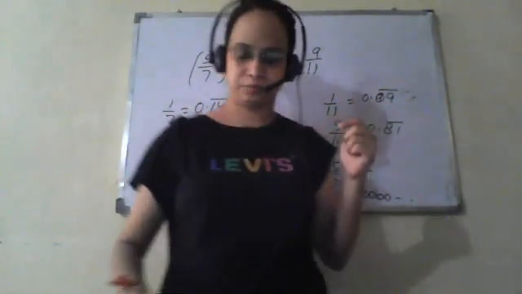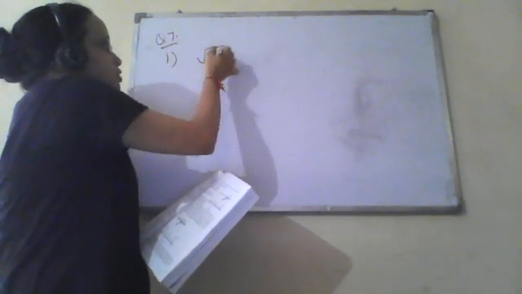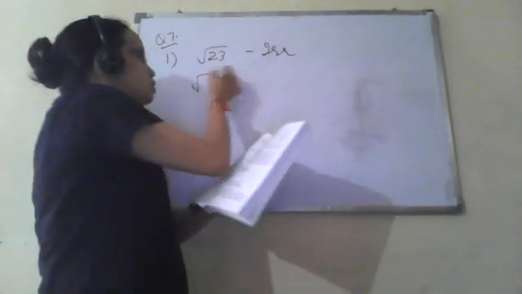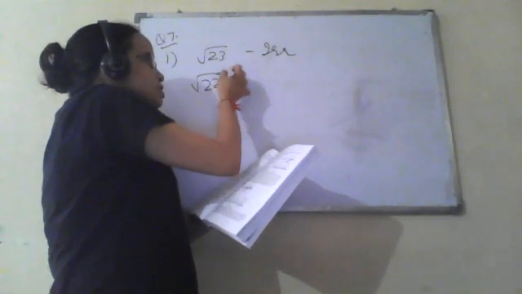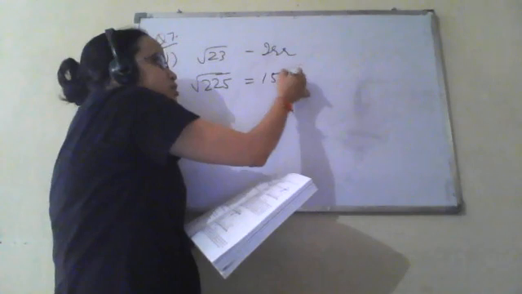Okay, fine. Now the next and last question is to classify the following numbers as rational or irrational. First part, question number 7, root 23. It is not a perfect square, so this will be irrational. Second is root 225. It is a perfect square number and the value of the square root of 225 is 15, so it will be a rational number.